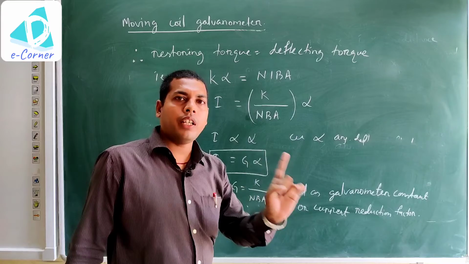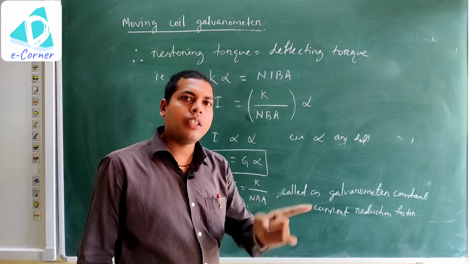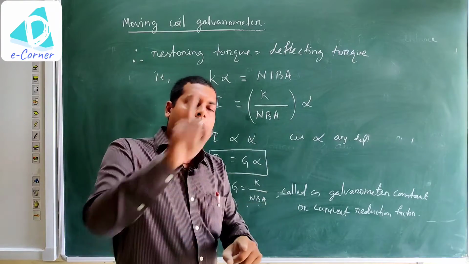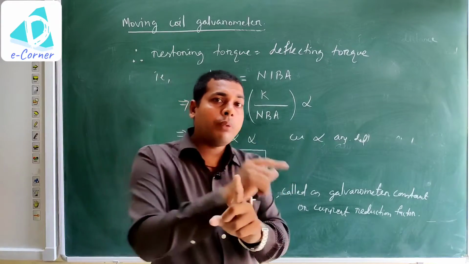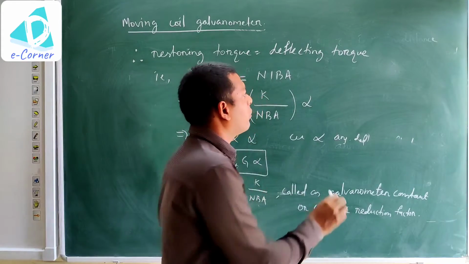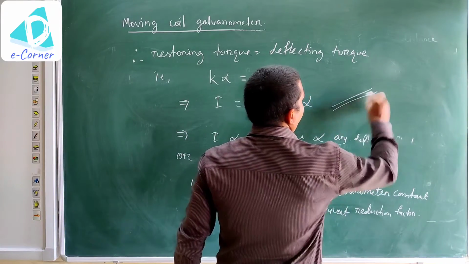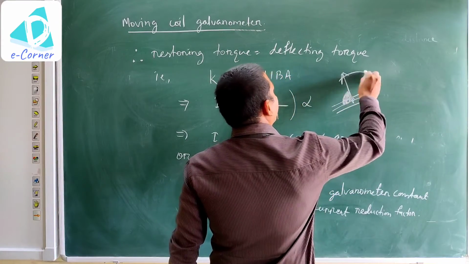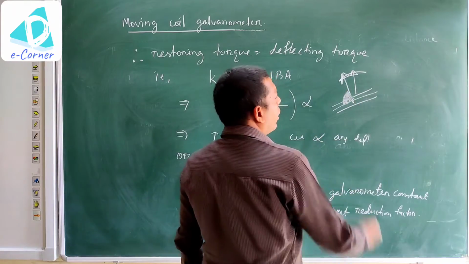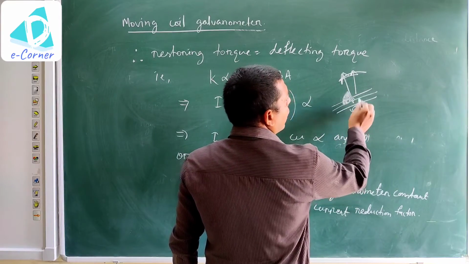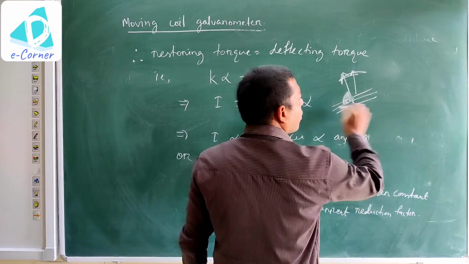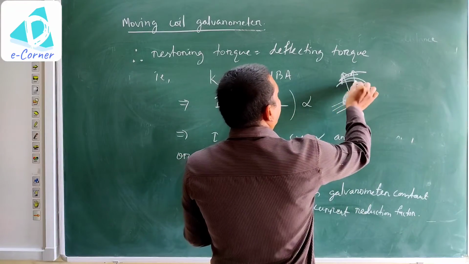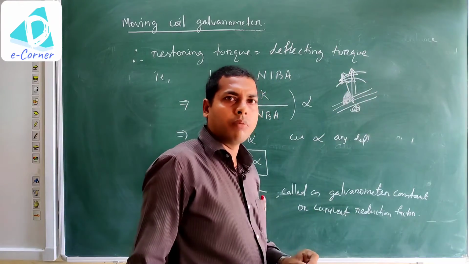So angular deflection is the function of what? Current जितना ज्यादा जाएगा उतना ज्यादा एंगुलर डिफ्लेक्शन होगा. जितना एंगुलर डिफ्लेक्शन होगा पॉइंटर उतना घूमेगा. क्यों? पॉइंटर इसमें ऐसा लगा रहता है, like this. So ये जितना घूमेगा उतना पॉइंटर क्या होगा? स्केल में उतना घूमेगा. But again spring है नीचे, so स्प्रिंग क्या करेगा? जब करंट ऑफ हो जाएगा, स्विच ऑफ कर देंगे, ये स्प्रिंग में रिस्टोरिंग टॉर्क चलाएगा, फिर इसको लेके आके फिर मीन पोजीशन में खड़ा कर देगा. Got my point?